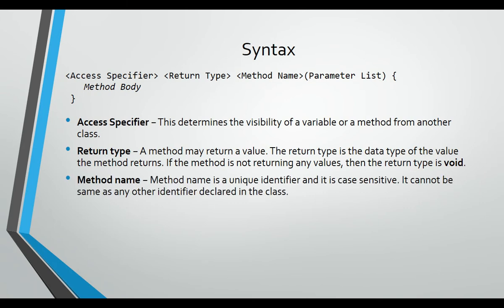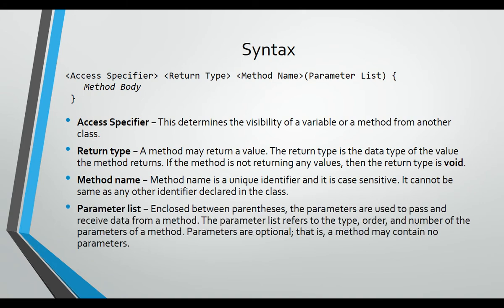And then followed by method name. So you have to write down and create a unique method name. And this method name is usually a case-sensitive name. The rules for creating a method name are similar to the rules on how you create your variable names. You are not allowed to use special characters and arithmetic operators, but you may start with an underscore or letters